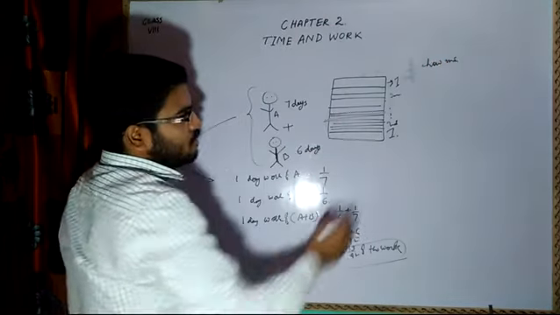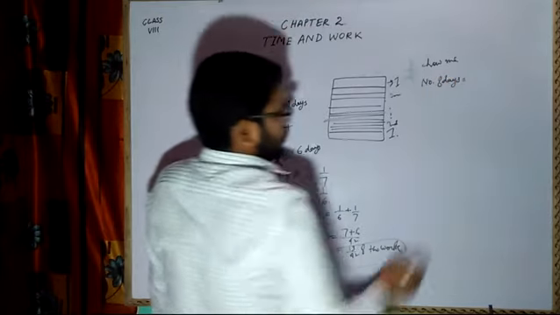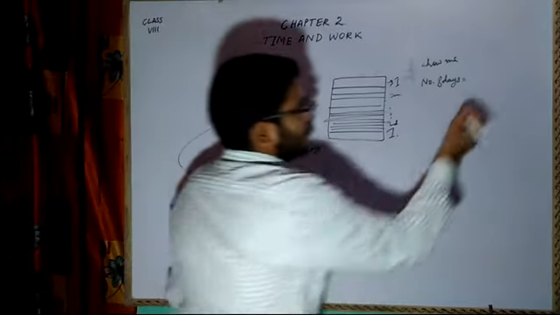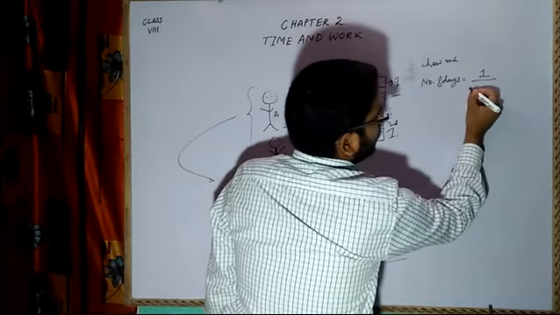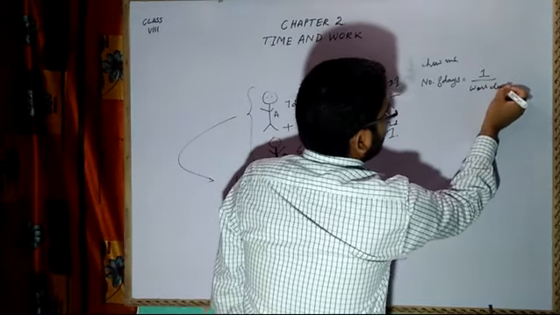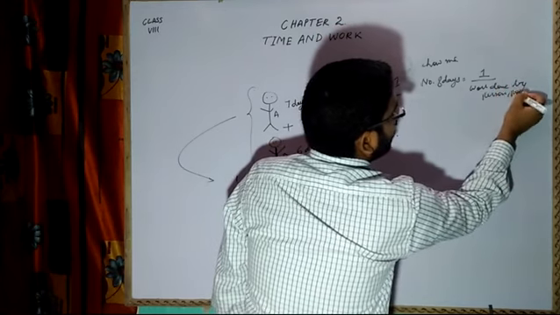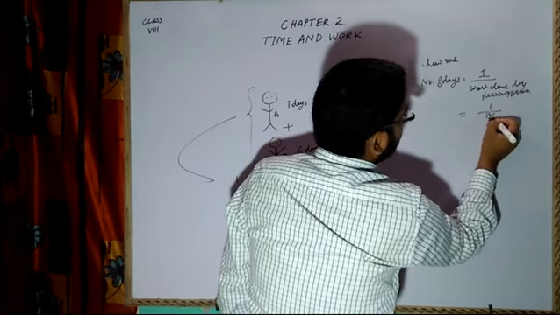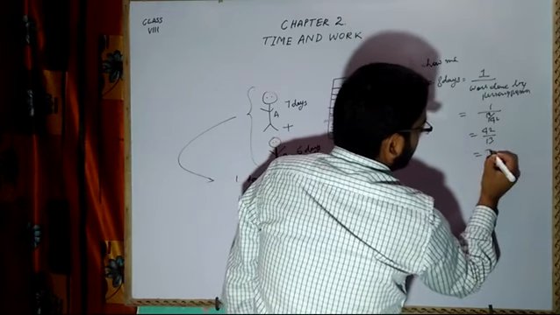So the formula for the number of days is equal to the work he has to finish. These two have to finish one work, that is 1, divided by the work done by persons. Here 2 persons are there, so I will write persons. Now it is 1 by 13 upon 42, that means 42 by 13. So it is 3 whole 3 by 13.